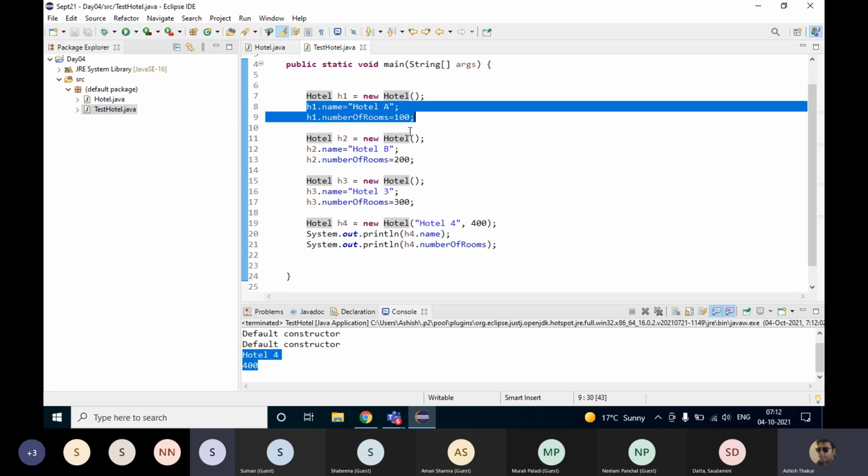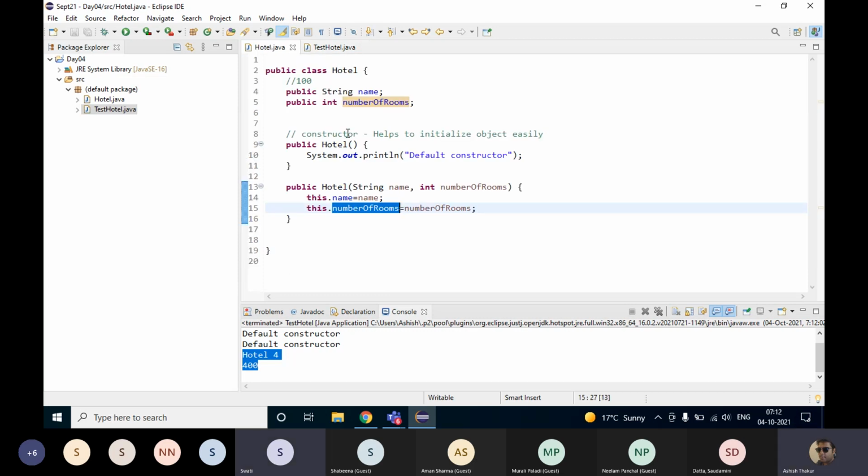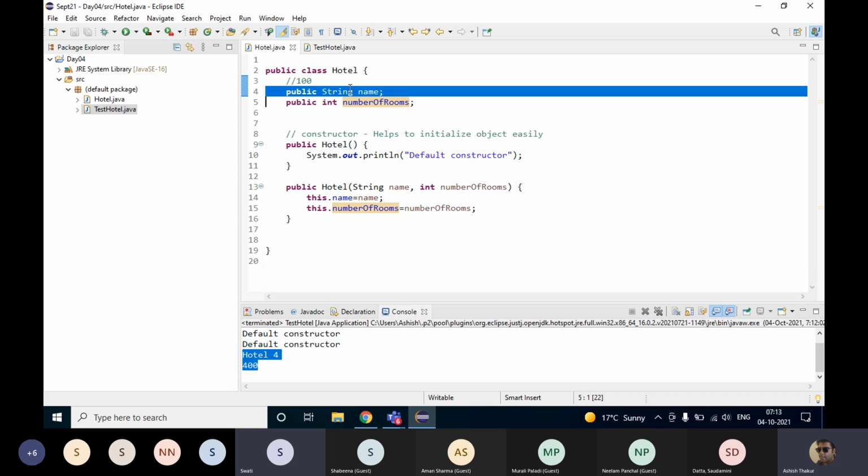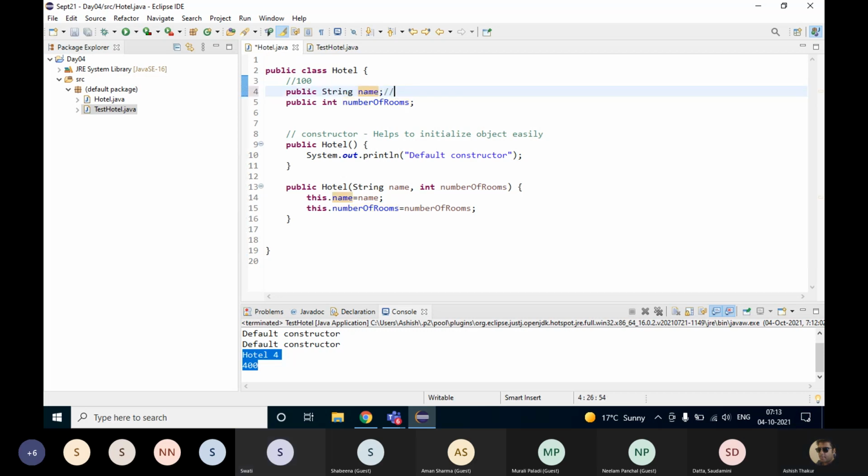Now, do you have any questions, Ash? Yeah, can't we do it with global variables as well? Like instead of creating the constructor, the same thing can be done by creating global variables. Where do you want to create the global variables? Like in this hotel class, and then we can inherit that hotel class in the test hotel class. Look, this is the global variable already. Yeah, this is a global non-static variable.